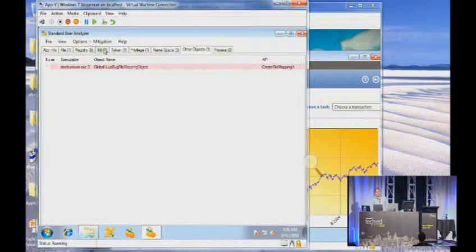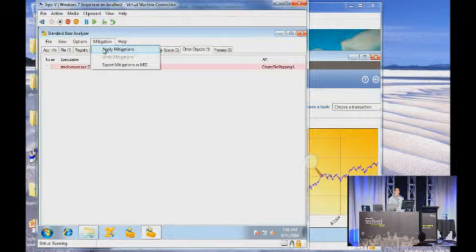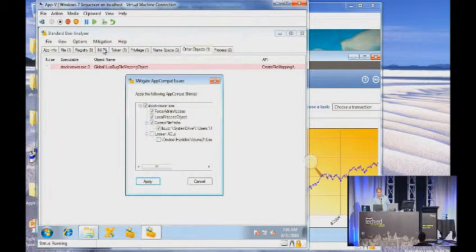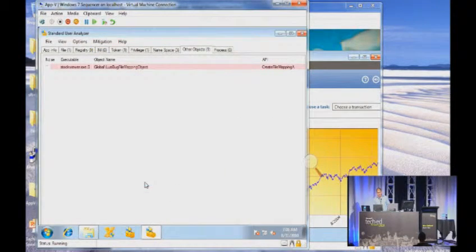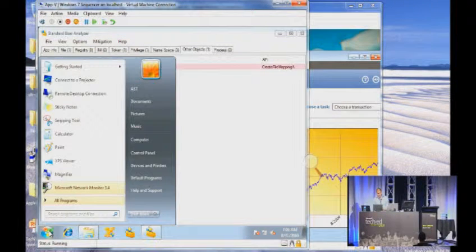Off the back of that, you can apply a mitigation. We give this mitigation in two forms. We can either create what's called an SDB file, which you can deploy out into your organization, or we can generate an MSI. If I apply that mitigation and hit apply, and now I run the stock viewer application,